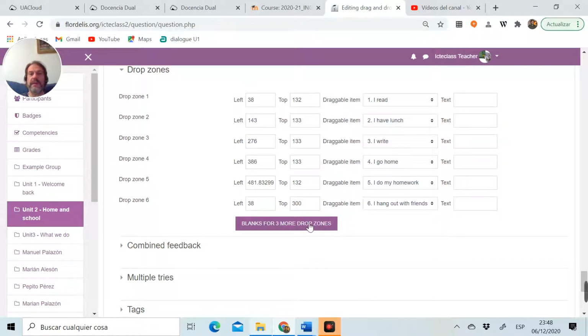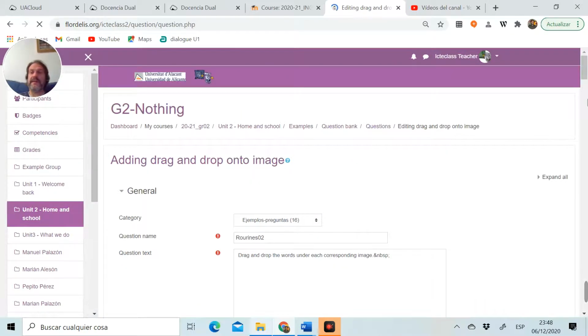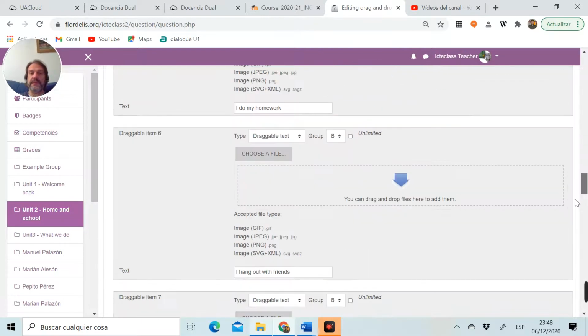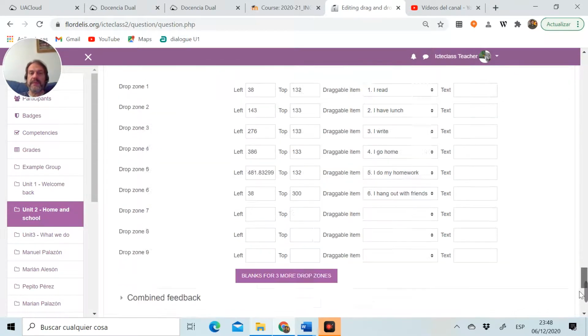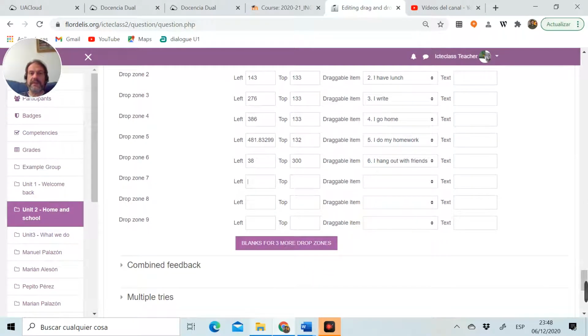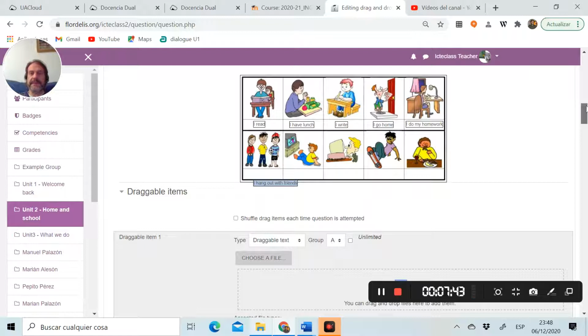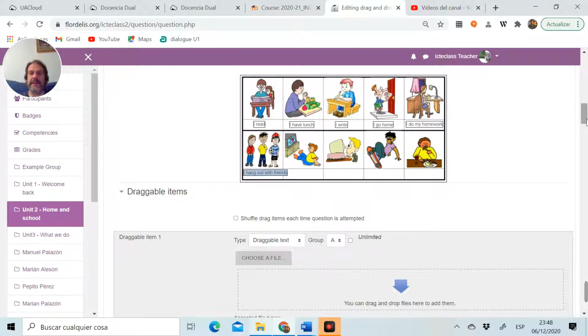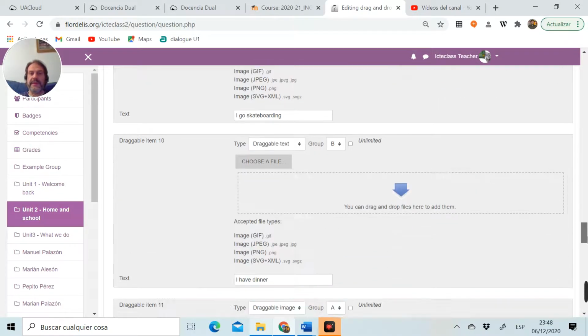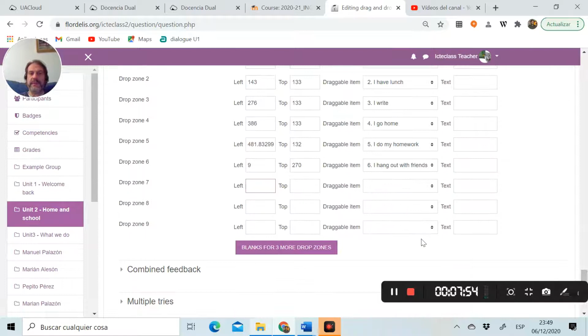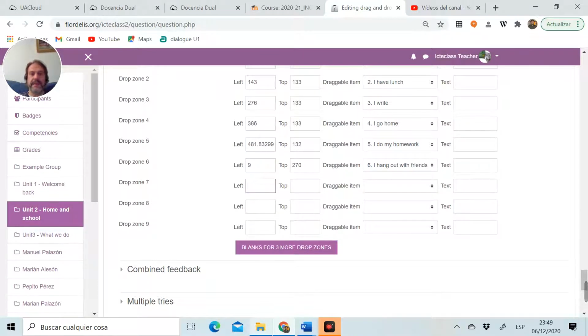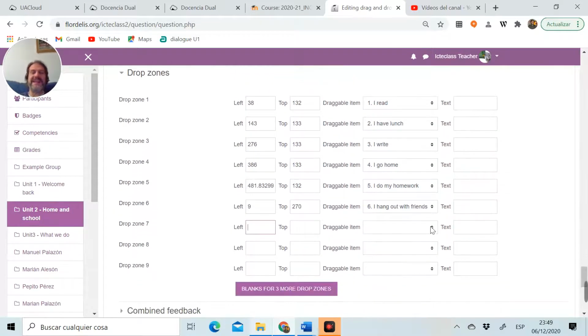I need 3 more drop zones. In fact, I need 4 more, but multiples of 3. Okay, drop zones. Here we are. Let me check. No, 300 was too much. It will be here. Right. Let's go down now. I know it should be quite easy to get the next ones. It's not exact because obviously they are not all the same length, but it